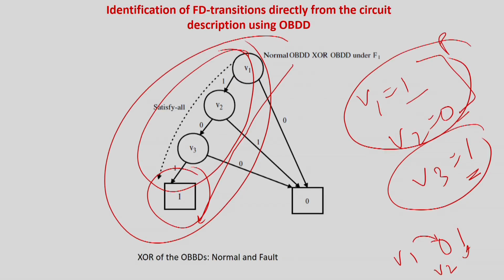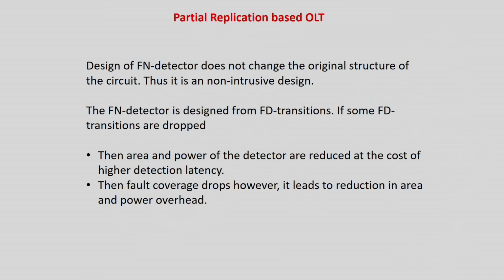For each such FD transition, we will require a small FSM structure like this. Of course, a lot of FSM optimization can be done, but still the FSM for the FN detector or the tester is not very small. Its size will be much larger compared to error detecting codes or signature monitoring, etc. So this is a partial replication based method. Always appreciate the fact that partial replication based methods are higher in size compared to